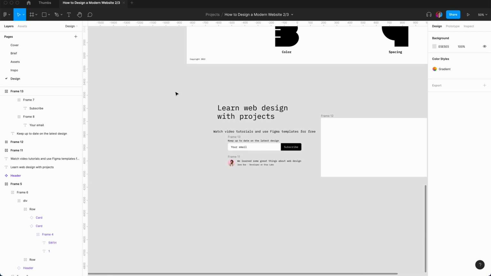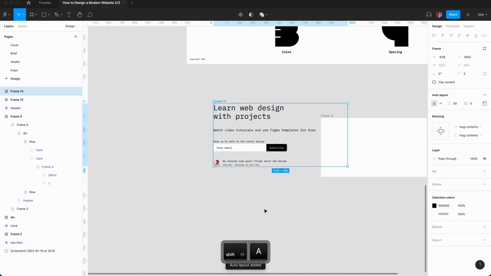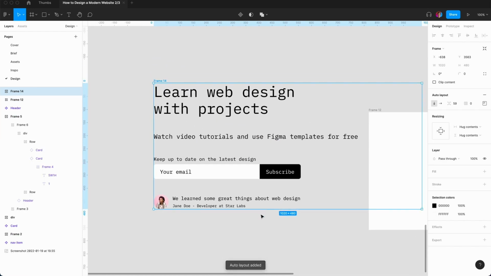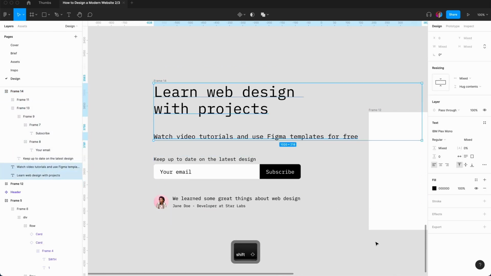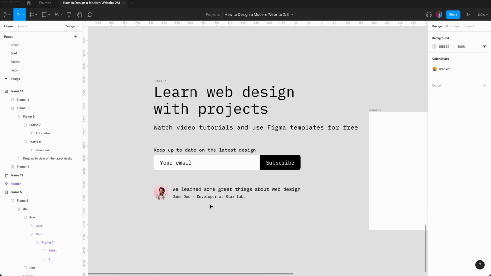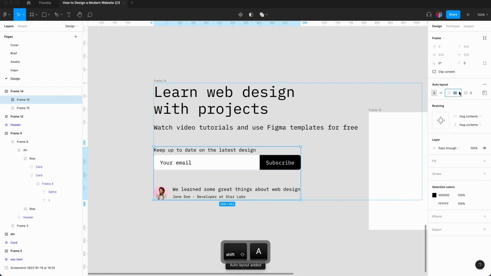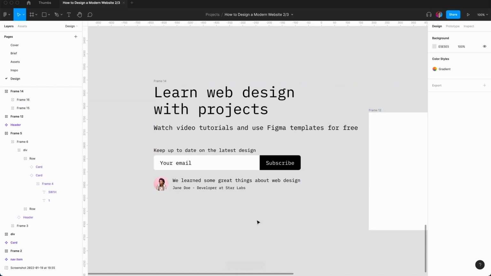So the quick way to do that is just to select all of these and then do Shift A. And then what we're going to do is we're going to start combining some. So these two, we could put them closer together. So Shift A, let's say there's a spacing of around 24. And then these two, we could bring them closer together. So Shift A, we could say spacing of around 24.